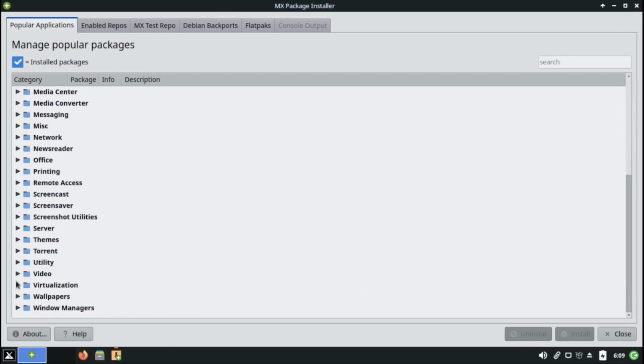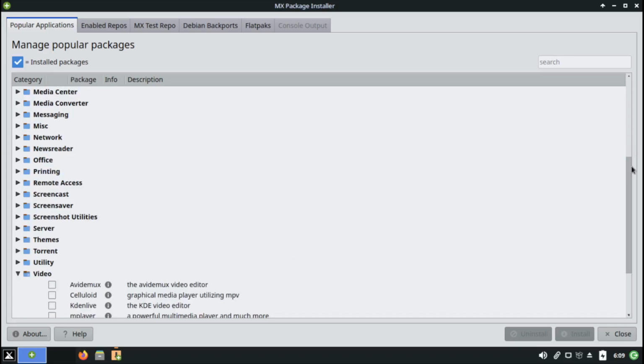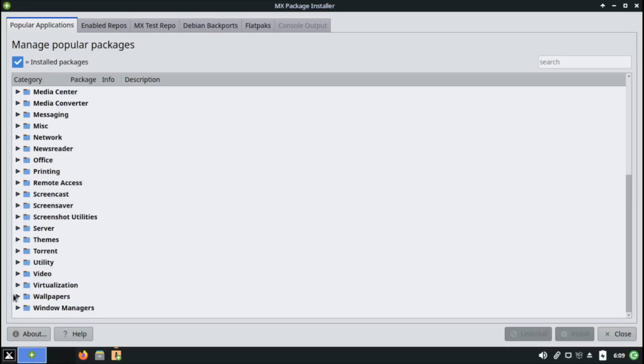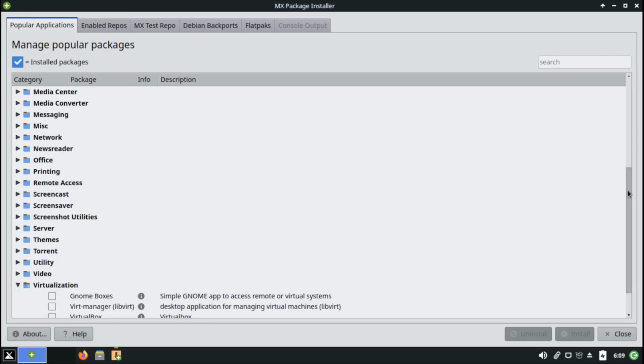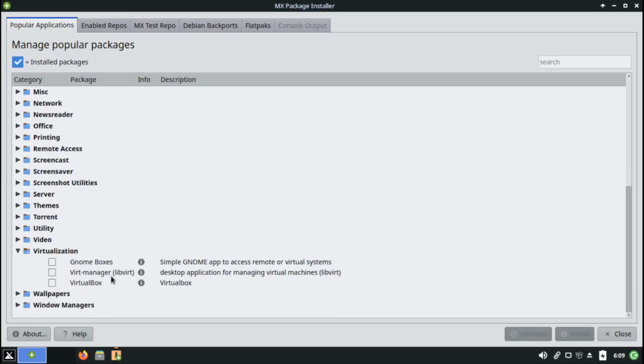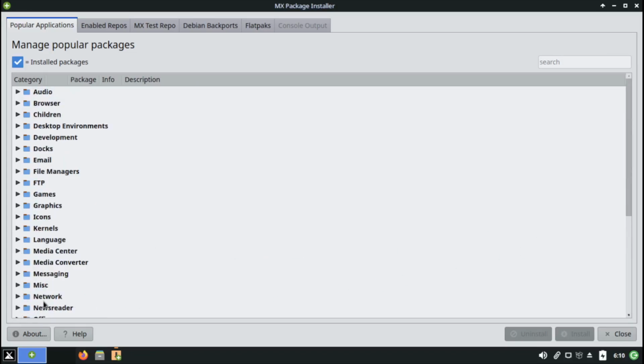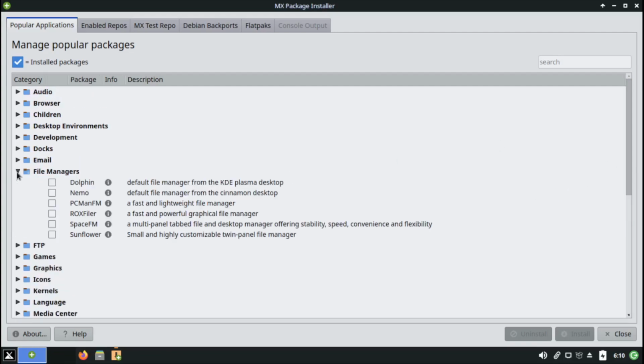This is the repo. Let's do video. Let's see what they got in there. Kdenlive, MPlayer, OpenShot, VLC, Celluloid. Let's go into virtualization. In virtualization, they have Virt Manager, VirtualBox, and GNOME Boxes. I do like their package manager. It's kind of nice. I like the way it's set up. It's easy to use. Let's see what kind of file managers they have available. Nemo, PCman FM,